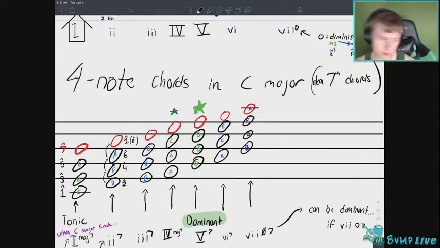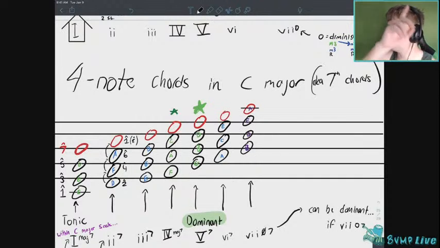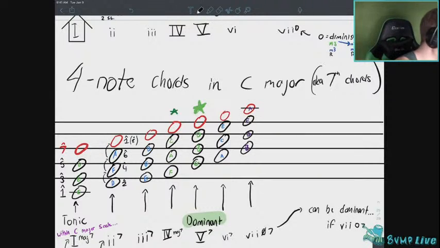So maybe you could start at C, then go from 1 to 6. That's possible because remember, from 1 you can go to any chord you want, and then from maybe the 6 you could go to 3. Now that you're on 3, it might be convenient for you to go up to F. You go from E to G,